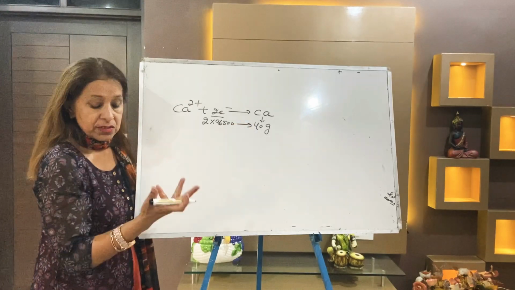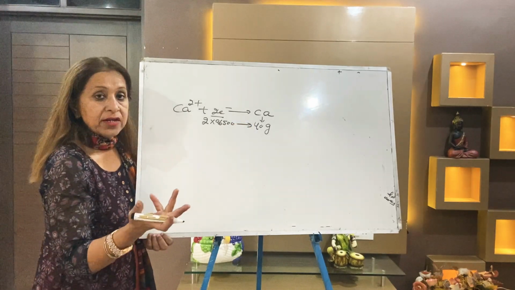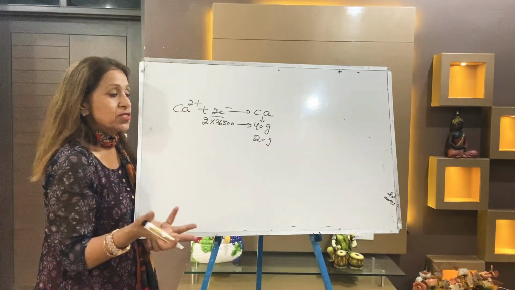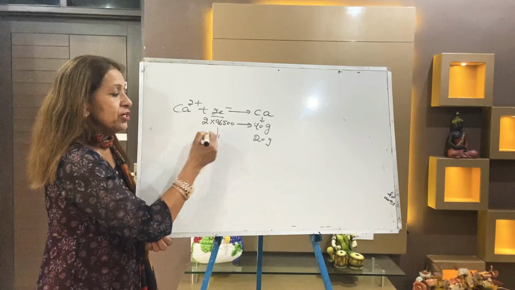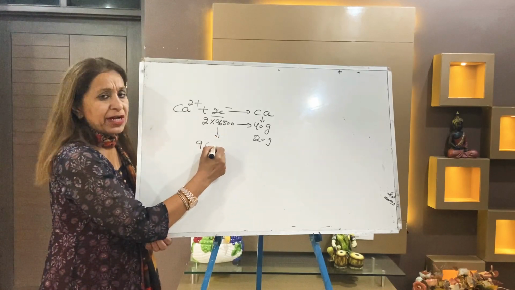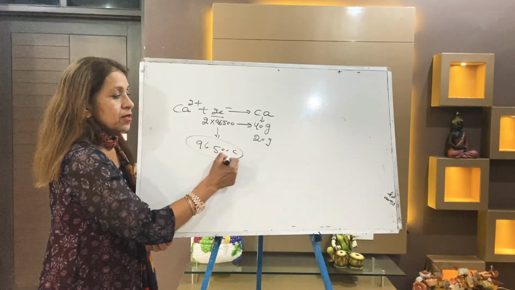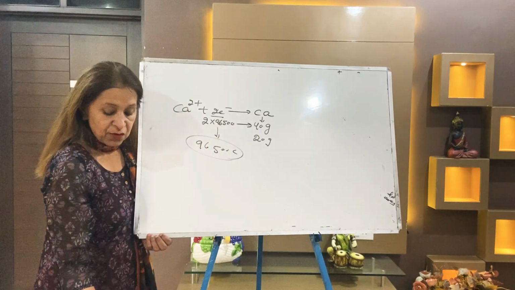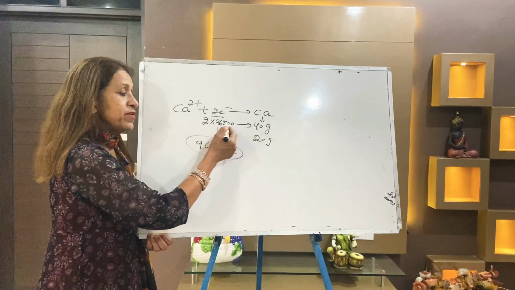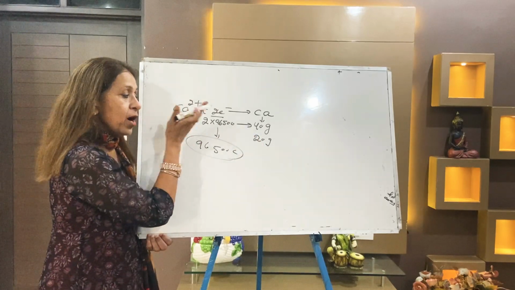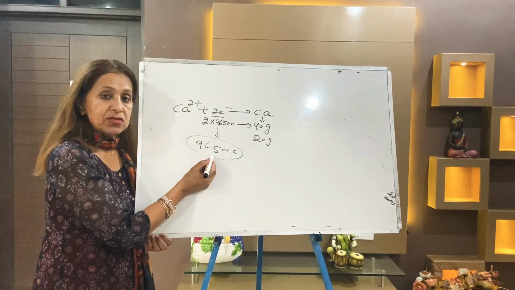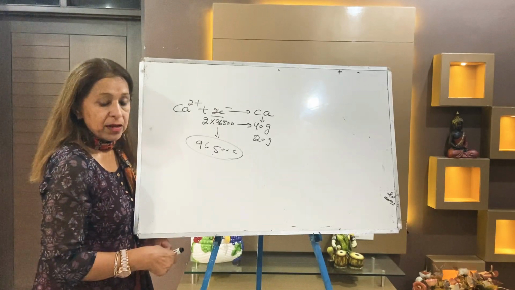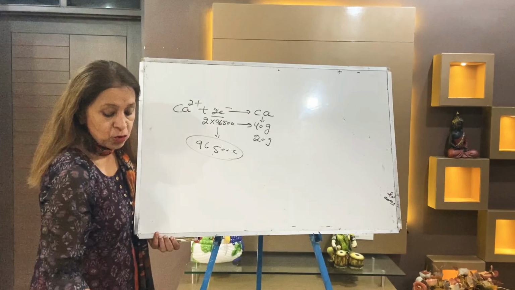If you pass this much electricity in the calcium solution, then this much calcium deposits. Now they are asking for 20 gram calcium. So it's very simple. If you want to deposit 20 gram calcium, you need half of that. For 40 gram, this much charge is required, and they are asking for 20 gram, so half of it is required. Your answer is 96500 coulombs. This is your numerical. One part is left, you can do yourself.